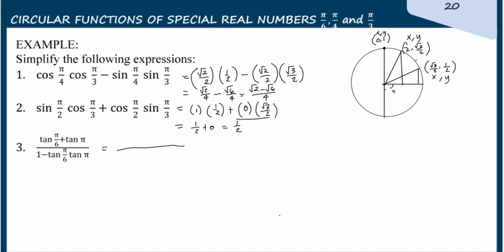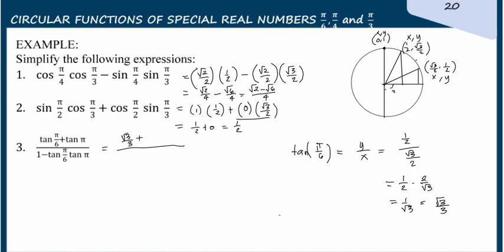So, tangent pi over 6 is equal to y divided by x. So, that is 1/2 divided by square root of 3 over 2, which would give you 1/2 times 2 over square root of 3, which would give you 1 over square root of 3, which would give you square root of 3 over 3. So, meaning, that is square root of 3 over 3 there, plus tangent pi,